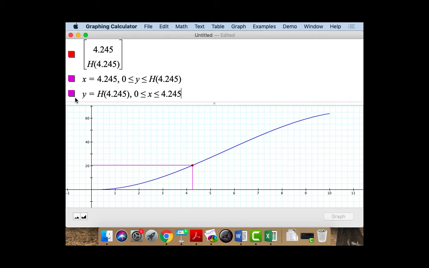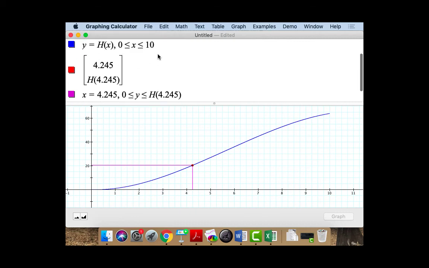Now, last thing I wanted to show you today is sliders. So that's cool and all, but it would be niftier if I could not just have a single point, but look at all the points and be able to drag this point along this curve and look at the corresponding x and y values. So by having these lines, it makes it easier to read across and go, this is about 4 1/4, that's a little bit more than 20. Now this one's pretty close to some grid lines, some lattice points, so it's maybe easy to estimate that. Some of the others may be harder to see, especially the farther you get from the axes. If I wanted to make a point that's movable,